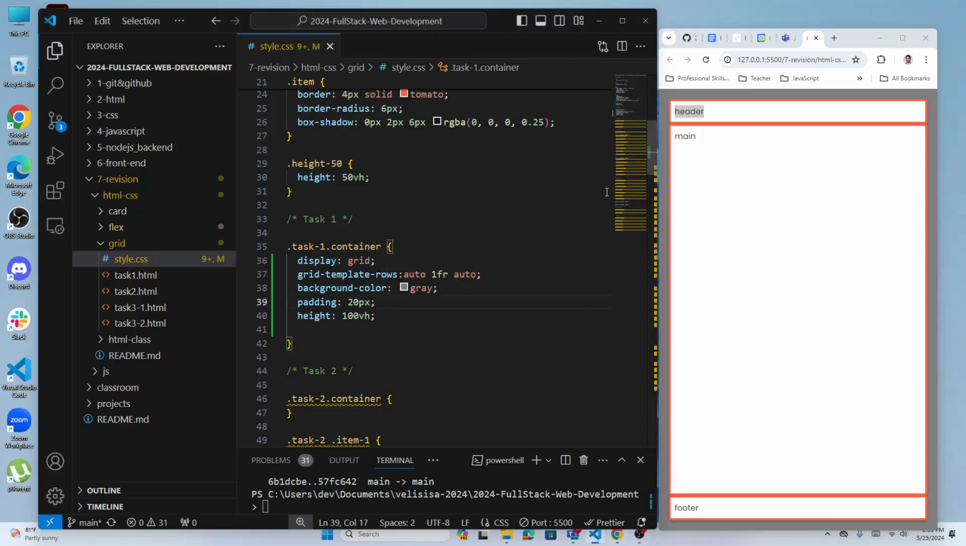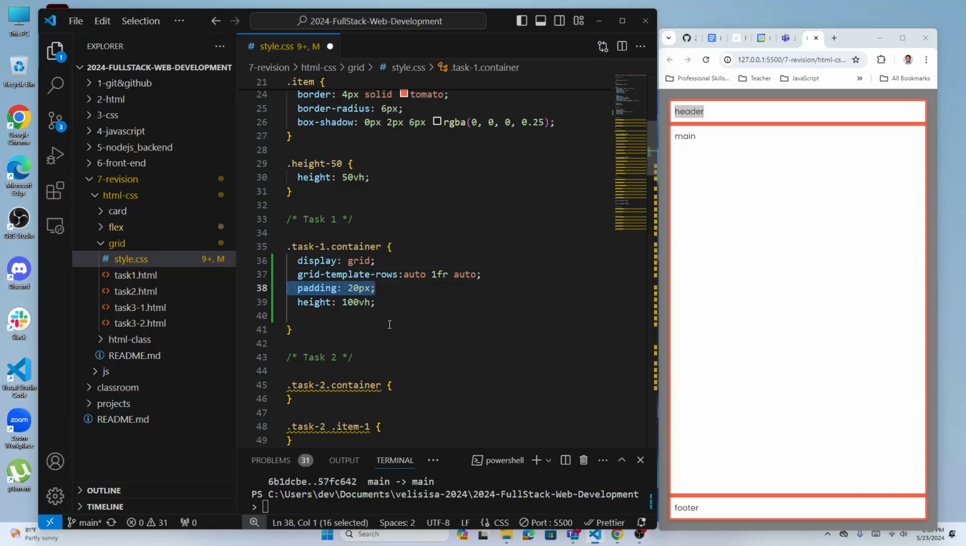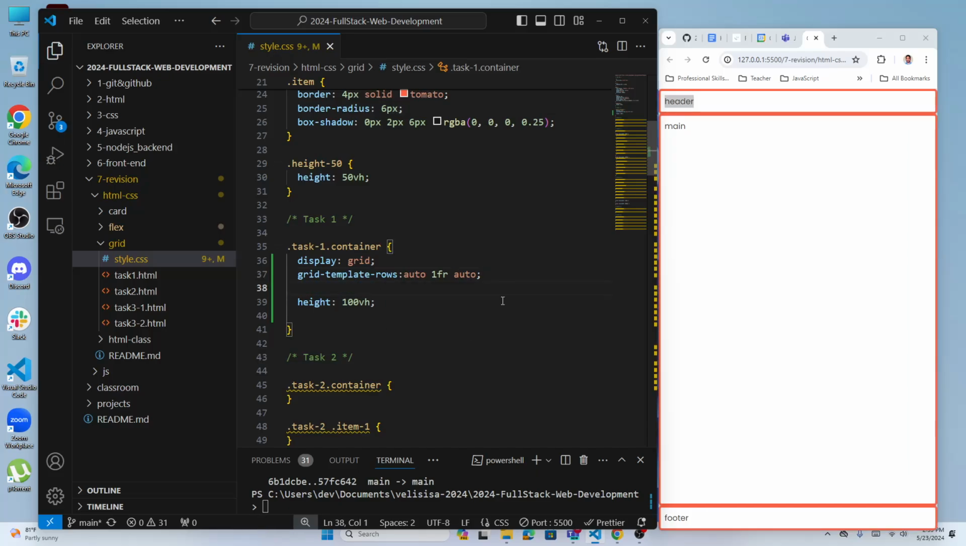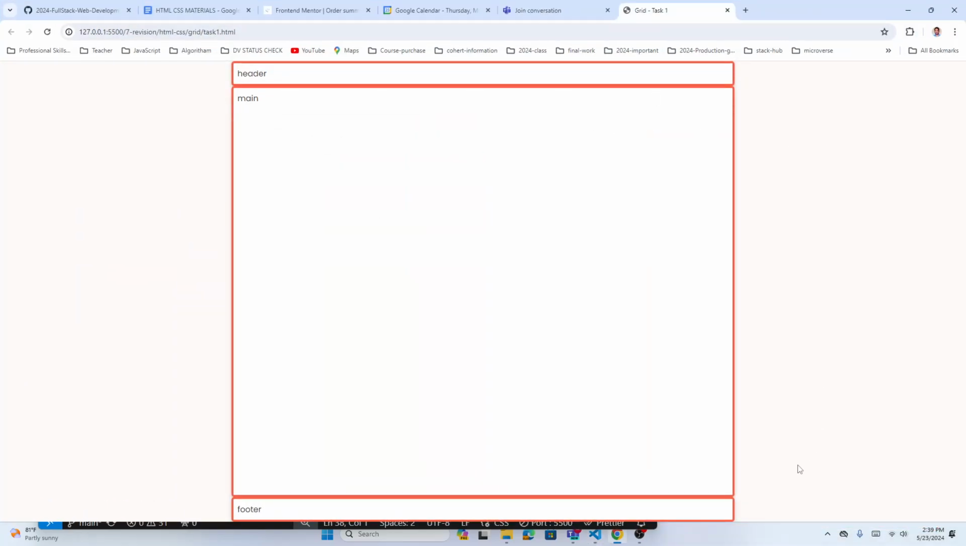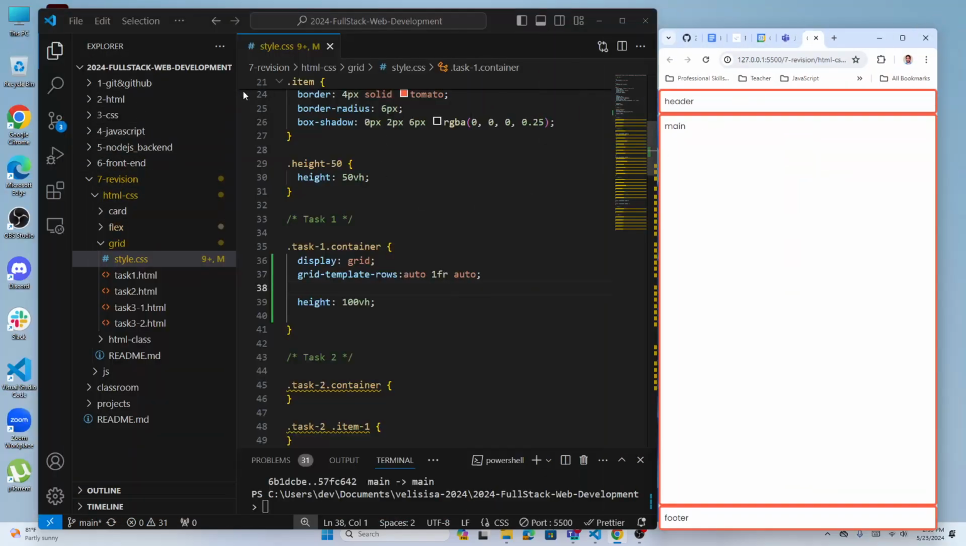Okay, so we're done with that now, right? Let me remove this gray. That was just to show you what happened there. And padding also we don't need, and save that. So it looks something like this. So this container is already in the center, okay? It is defined in our style, right? If you look at the CSS,